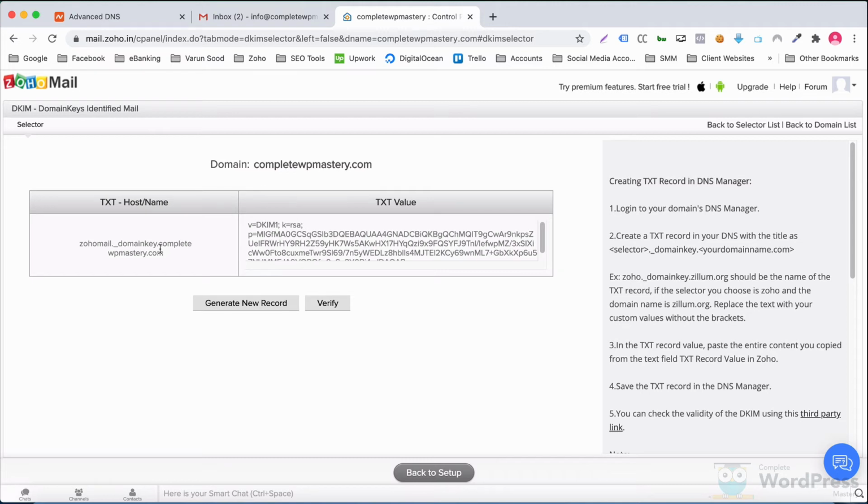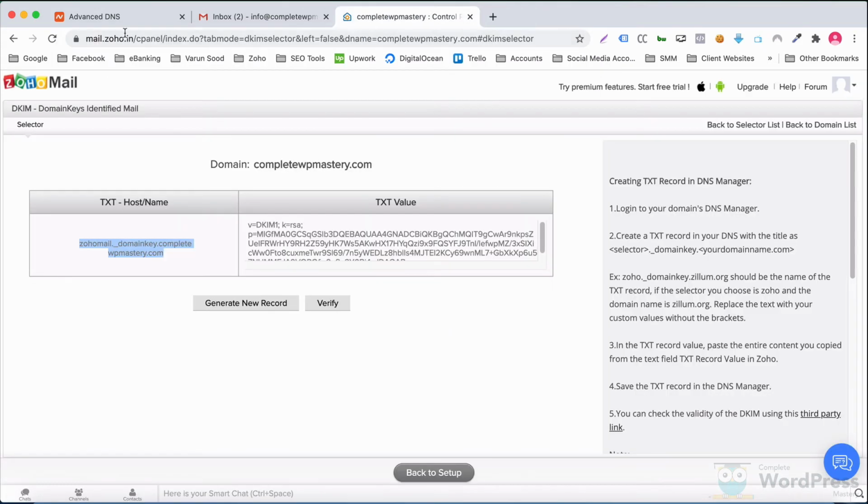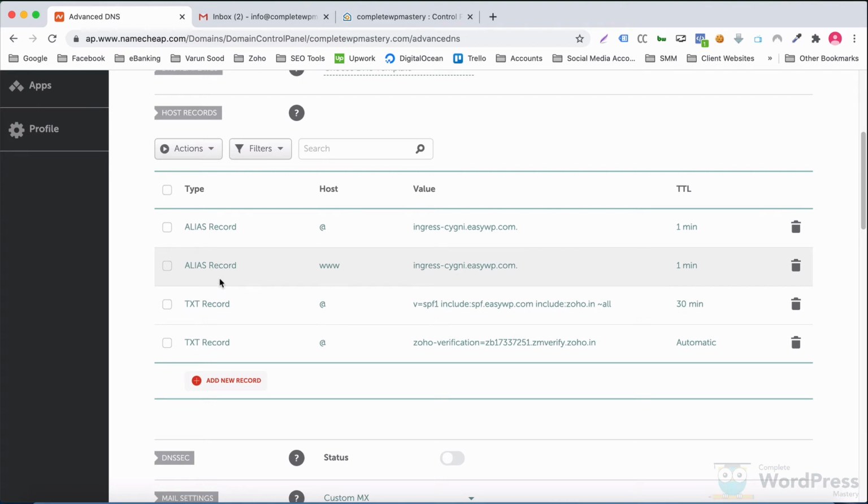Now, we need to create this TXT record for our domain. An important thing to note is the manner in which you need to copy the host field. Most domain hosts do not require you to copy the dot and the domain name. So we'll need to extract the selector._domainkey component out of this. Be very careful while extracting this component. Even a single character here and there will cause issues. Let's now create the TXT record using this host.